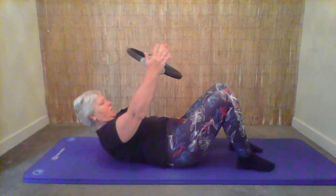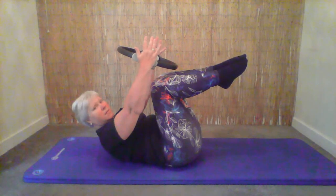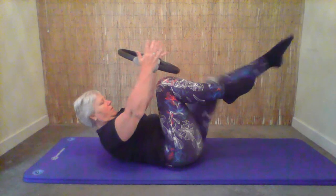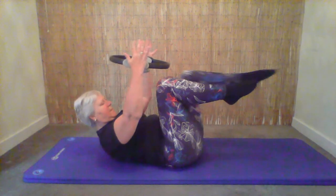Come into the curl up, hold, squeeze the circle, lift the legs, bringing the knees up underneath your circle, and do single leg stretch. So squeeze as you extend, release as it comes back in. For 9, 8, shoulders down, press the shoulder blade tips into the mat. 7, 6,